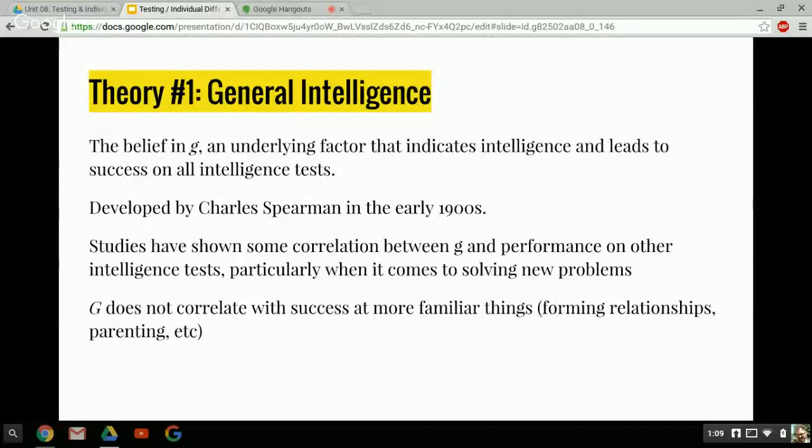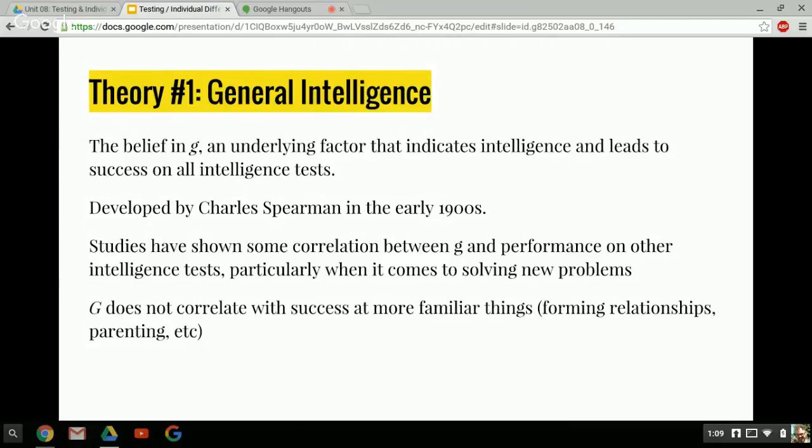When we looked at big 5 factors, we had a category of traits that was extroversion, a category of traits that was agreeableness, so on and so forth. Spearman found a category of traits that he called G, which again is just general intelligence. This is not necessarily fully well accepted. People don't totally buy into this concept these days.